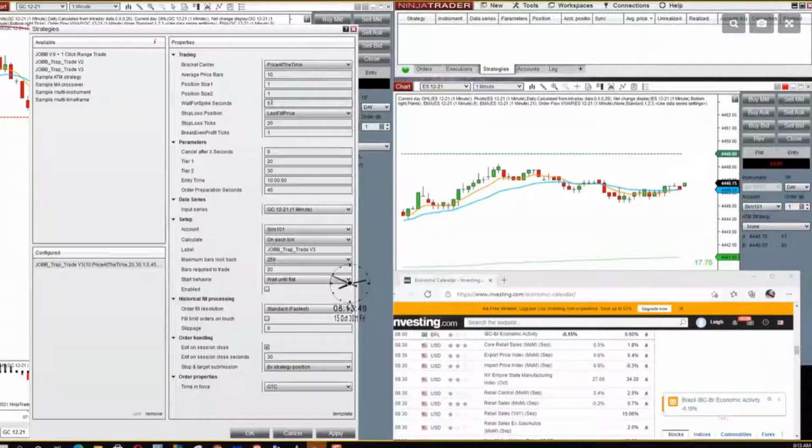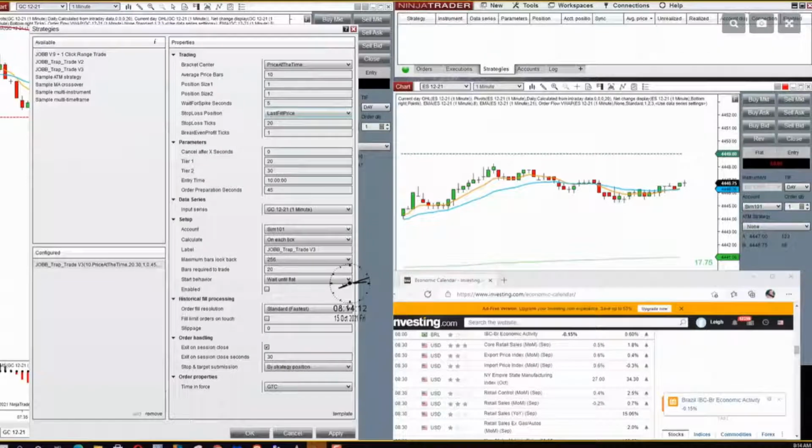Almost never has any meaning anymore. The stop loss position should be last fill price. In version 2, it says average price. Change it to last fill price if you're running version 2. And there's nothing wrong with version 2. It just has a few less features, but it works. The stop loss, you enter last.